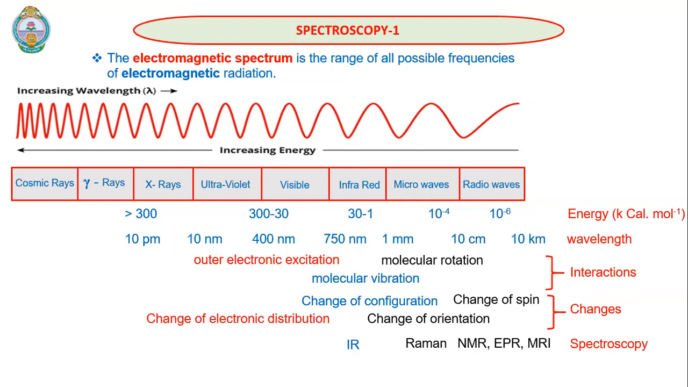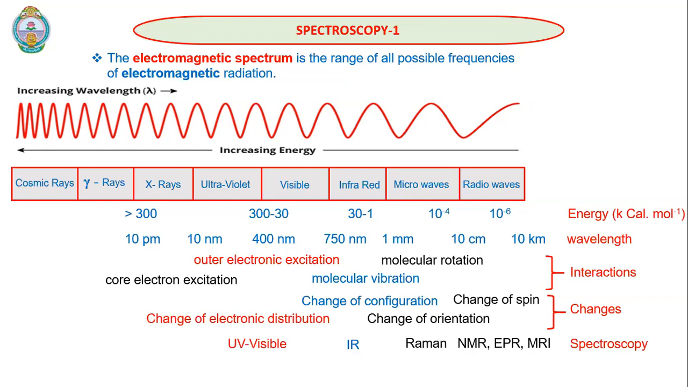Because of these electronic transitions, the electronic distribution will change. The spectroscopy which utilizes UV visible light is called UV visible spectroscopy. Now, when we pass X-rays onto a specimen, because of their higher energy compared to UV visible,